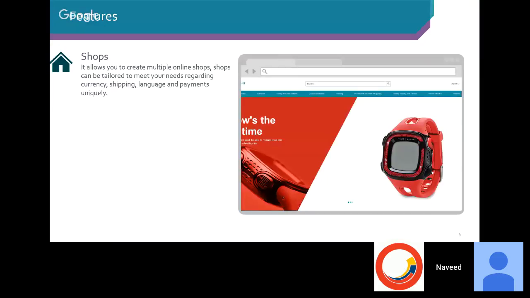So what I'll be doing next is, I will tell you the top features for the commerce platform. Number one feature is shops. It allows you to create multiple online shops, which can tailor to meet your needs regarding currency, shipping, or